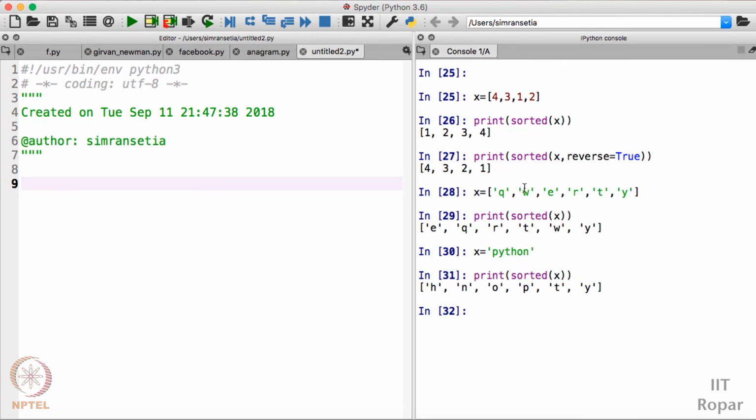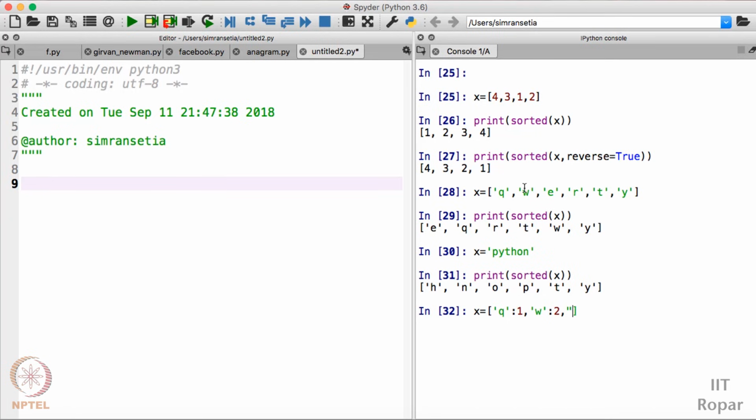And I hope that you're already aware of dictionaries. We can also use sorted to sort a dictionary. So how can you do that? I'll take a dictionary here and again name it x. I'll write, for example, Q. Q is a key here and 1 is the value. Then I'll take W. W is the key here and 2 is the value.